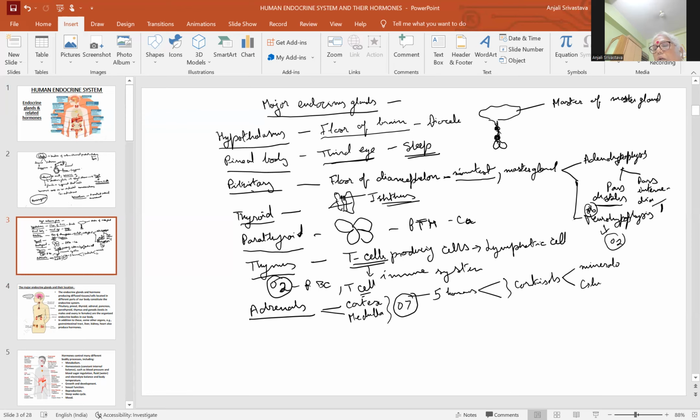On the basis of their chemical composition they can be divided into 2 groups: mineralocorticoids, mainly containing the minerals, and the glucocorticoids, mainly containing the glucose related molecules. And the medulla secretes 2 hormones,